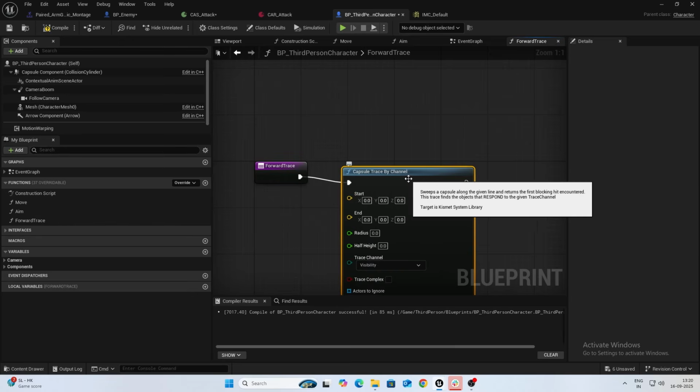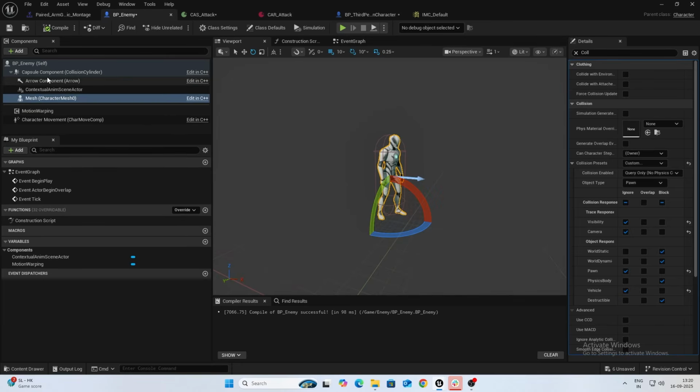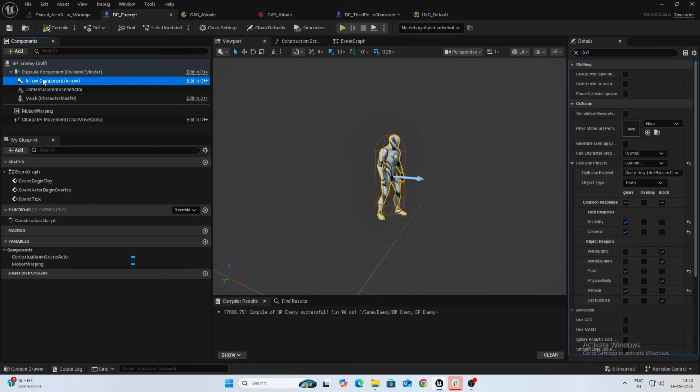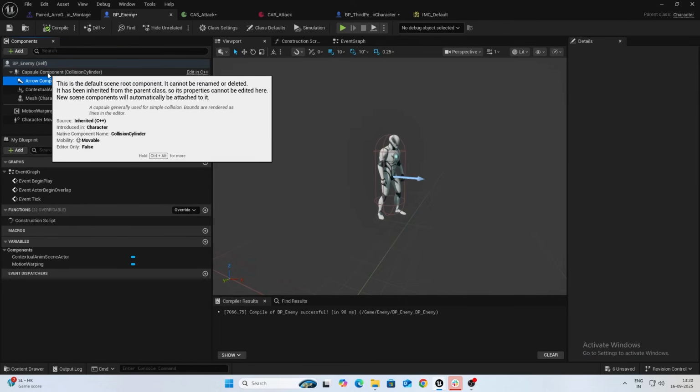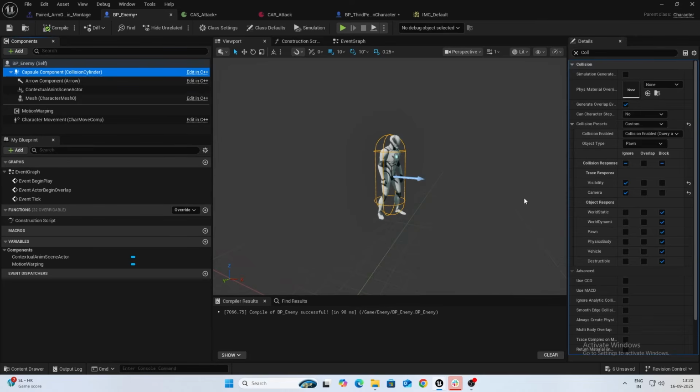So actually now, since we have everything on ignore, like if I open my enemy, we have the visibility channel and cameras channel set to ignore. So this might interfere with us. So let's see how, if needed, we can turn on the visibility channel later. So for now,